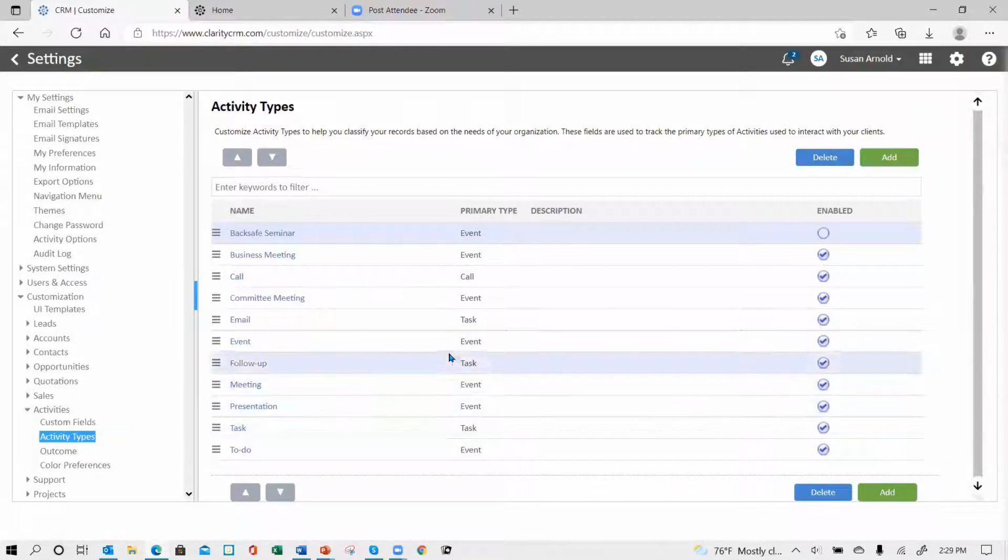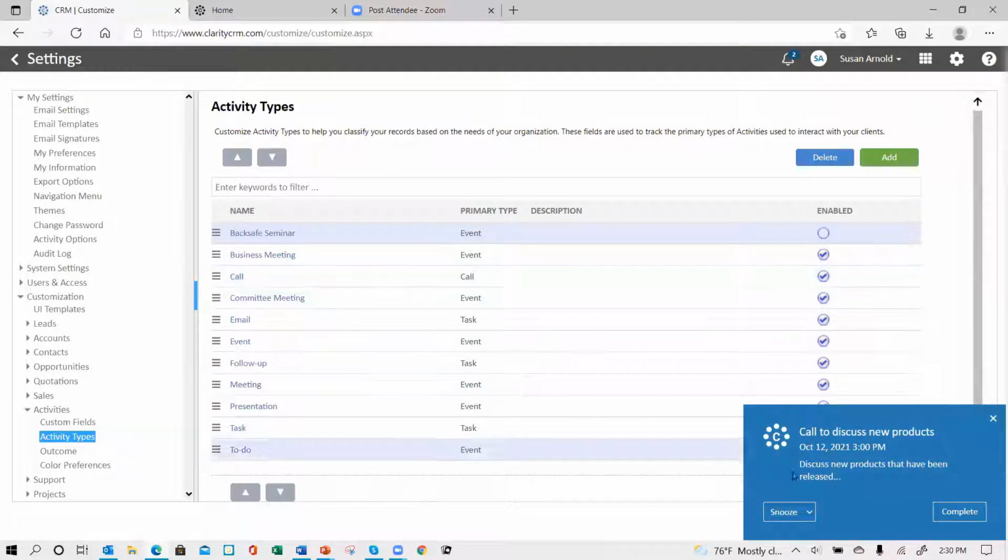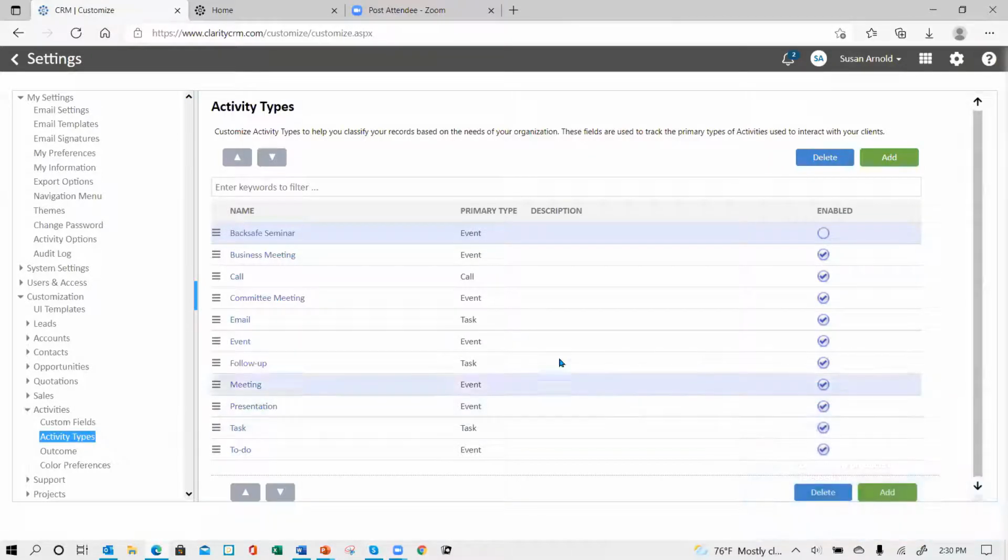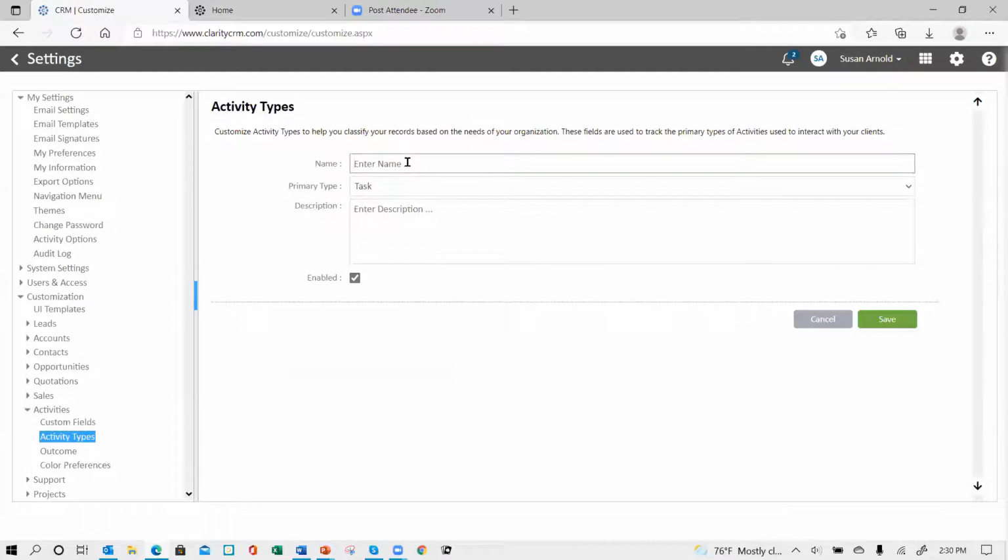So for example, if I wanted to add another call type, okay, we're going to create a new call type. So what I would do here is click the add button and then type the kind of call it is. So let's say it's a,